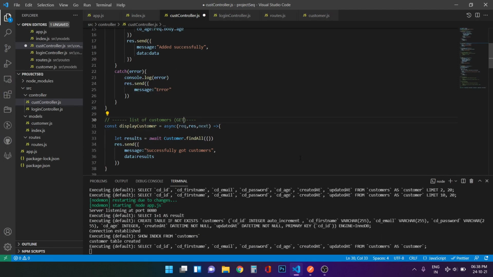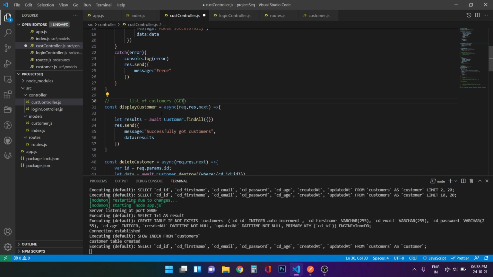So this video is regarding the pagination part that we're gonna apply in our node project using limit and offset. So without wasting any further time, let's start. This is basically my get call for displaying the list of customers from the database. I'm using MySQL database, and in this API only we're gonna use limit and offset to apply the pagination. So let's see how we can do that.